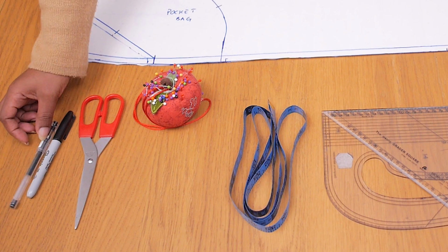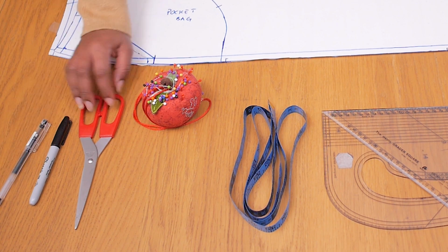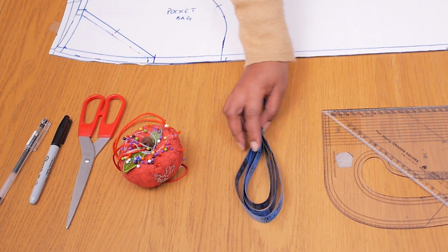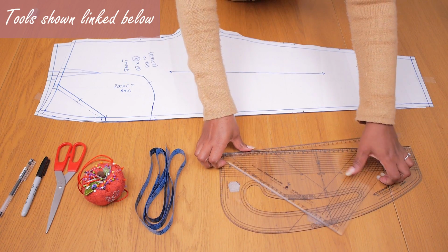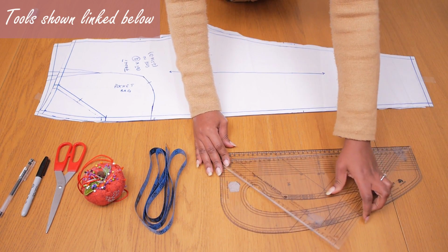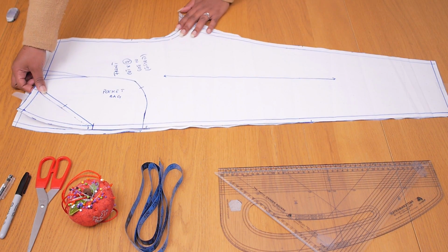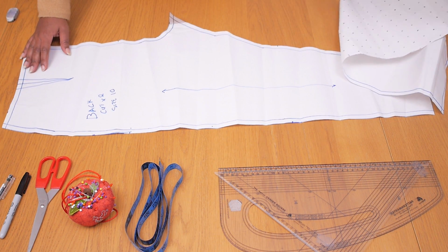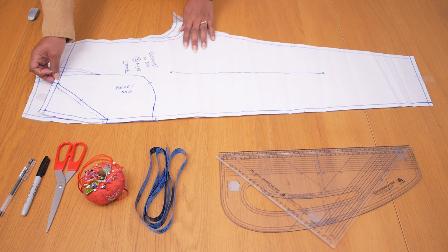So these are the tools I'm going to be working with. I have my marker pen, my paper scissors, some pins, my tape measure to take my measurements, and then I have my set square and pattern master, which is available to shop on the fabric.kimdave shop. I also have my basic trouser block, my front and my back, and we're going to be working with that